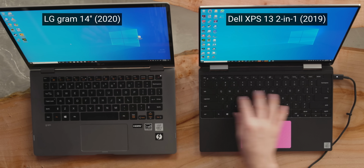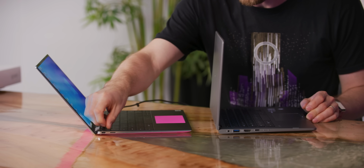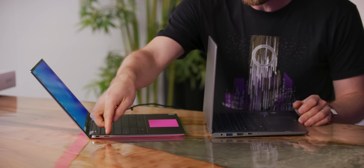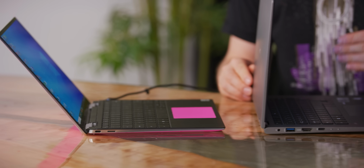Keyboard flex, worse on the Gram, but the Gram's got the bigger screen and it manages to be lighter in spite of it. I mean, it's a Gram, that's kind of their whole jam. And one of the really big annoyances for me with the XPS has been the I/O. Not having an HDMI port has actually bothered me more than the lack of USB Type A,